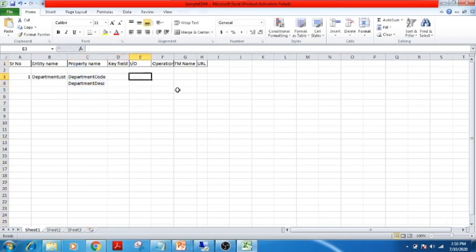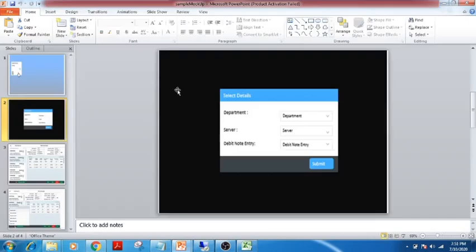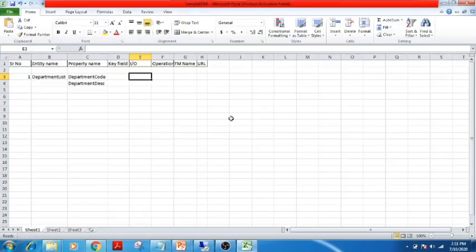Because whenever you press F4, you can see the department list and their description, right? So in this case, your entity's direction is output only, it is not for input. And what is key field? Key field is the group of fields which can define the uniqueness of that entity. So say for example, department code cannot be repeated, right? So in this case, department code becomes a key field, right? And the operation is something I'll let you know, and then you have to mention the ZFM name.